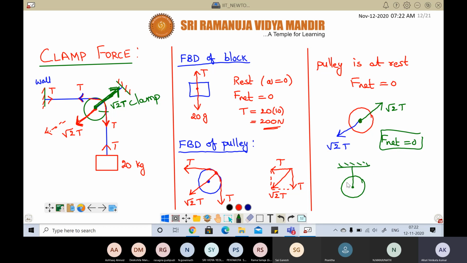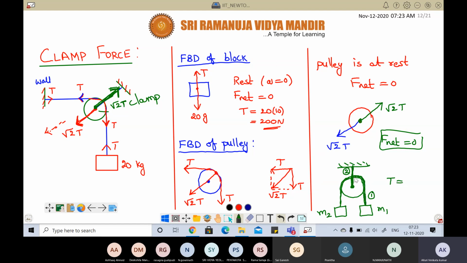Okay, yesterday we derived that relation also, correct or not? Suppose this is the Atwood machine in which there are two blocks on either side, M1 and M2. Now what is the tension in this string? Let us say this is one string, this is the second string. Here we can also call it a clamp, but in the Atwood machine we call it just a string, that's all. But when it is like this at an angle, then we call it a clamp.